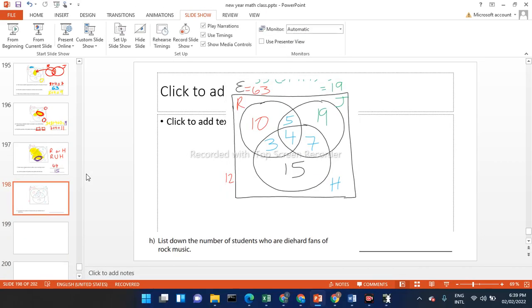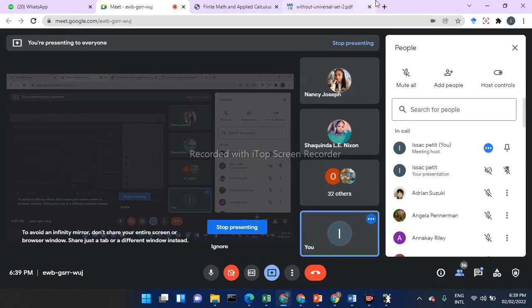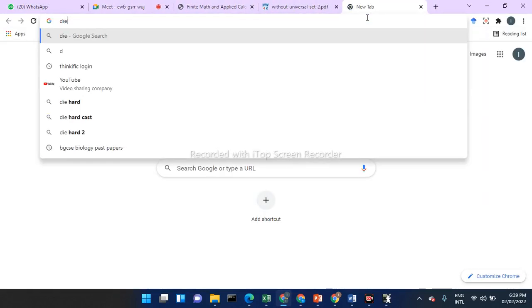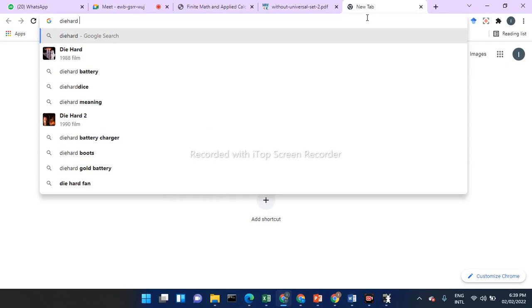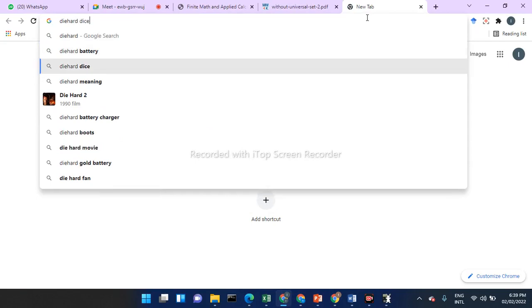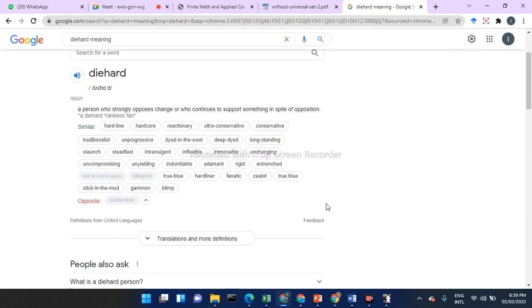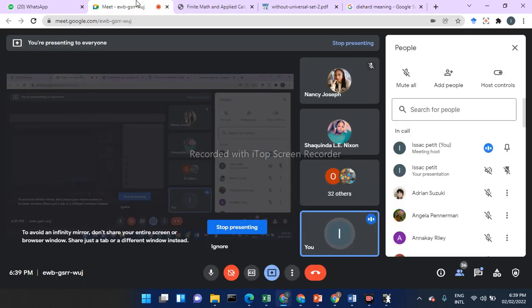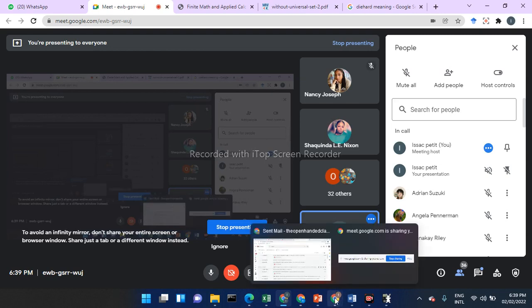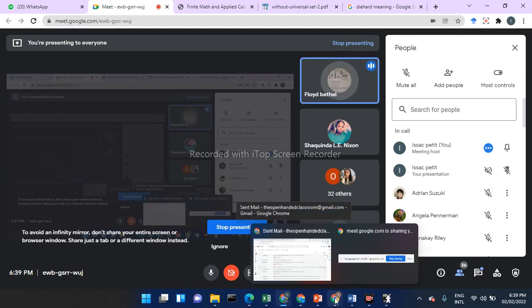Let's see what diehard means by definition. To me it doesn't mean exclusive though. I don't think diehard means something that's only for one thing. It's just a strong thing. It's not like the only thing you do. It's more like you're sold out, but that ain't the only thing you do. You could be a diehard fan of rock music and not only listen to rock.